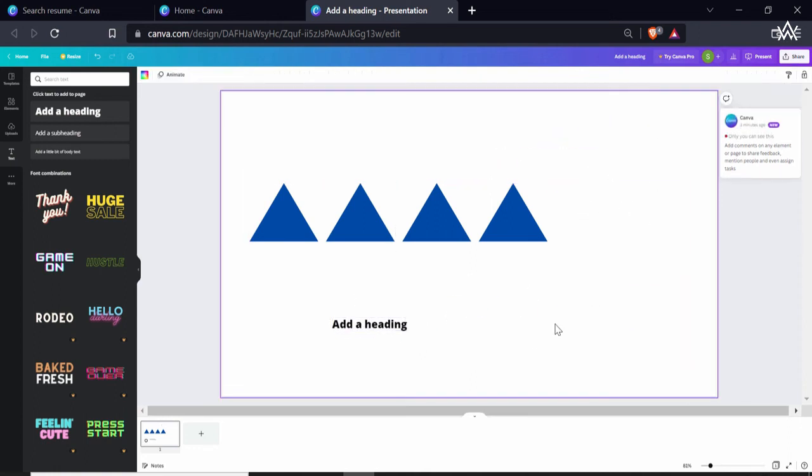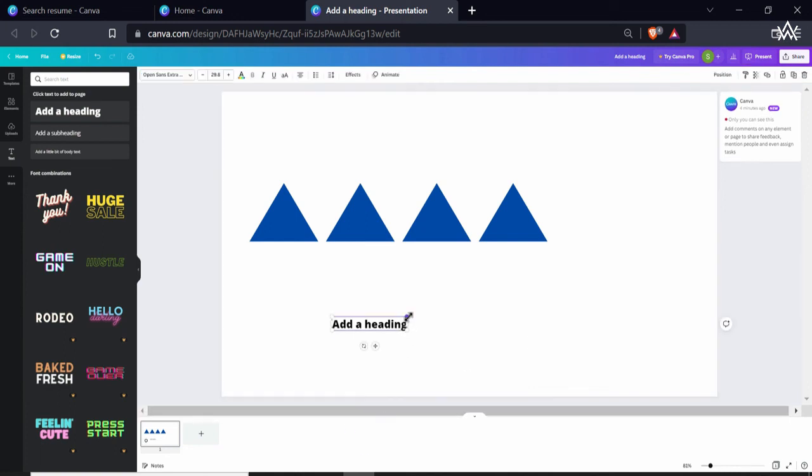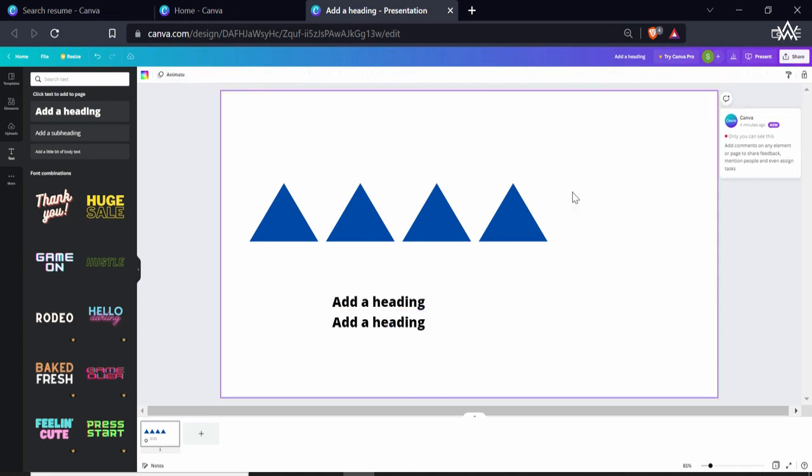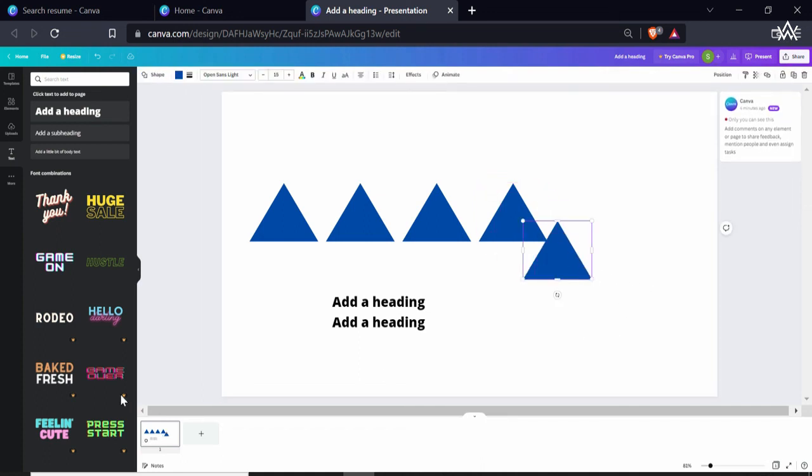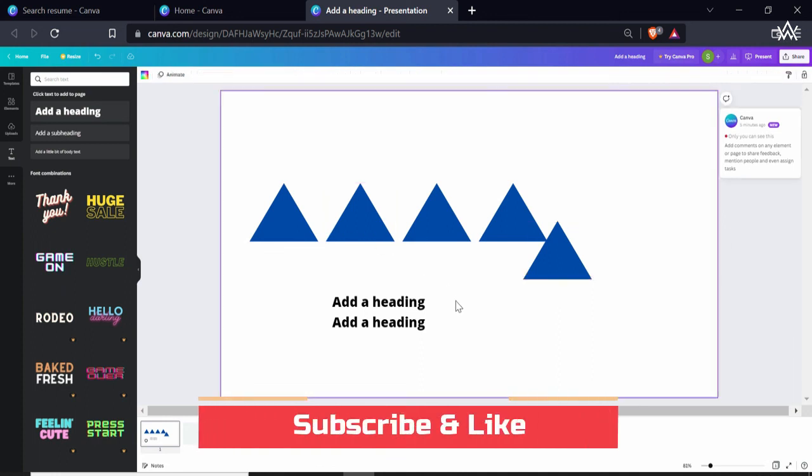So the most important things that we have discussed in this lecture is making a copy of your headings. For example, this one, if I want to create a copy, a simple method is just customize your main heading and then hold the alternate key and move upwards. It can easily create the copy. The next option that we have discussed is the alignments and making the copy of the shapes as well in the same manner. Also, you can use the shortcut keys like Ctrl+C and V. So that's it. This is how you can position